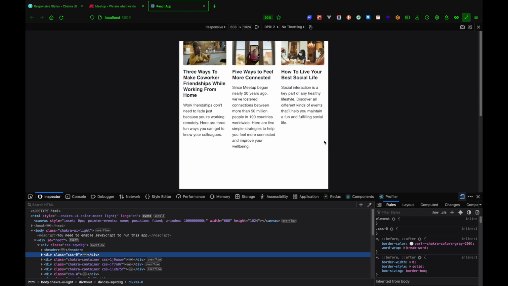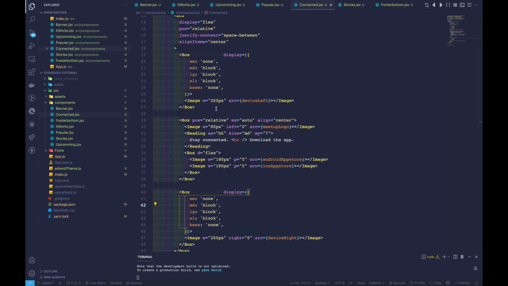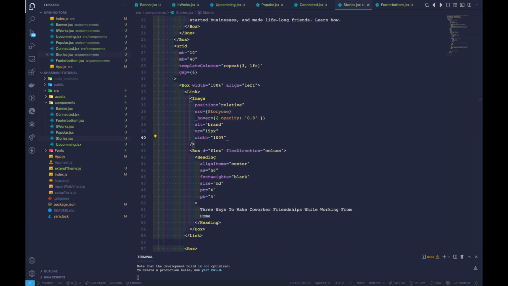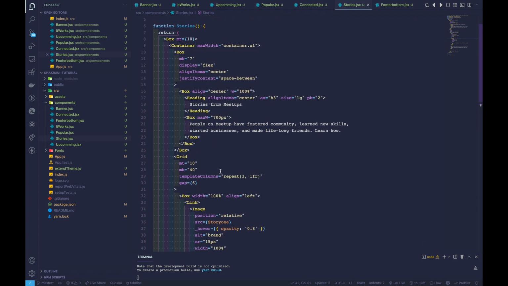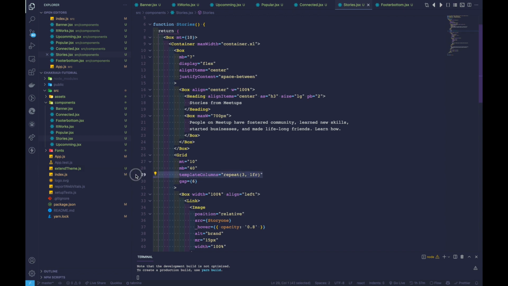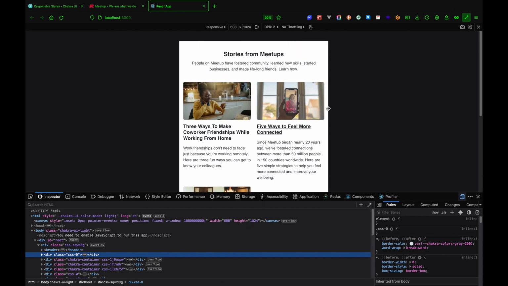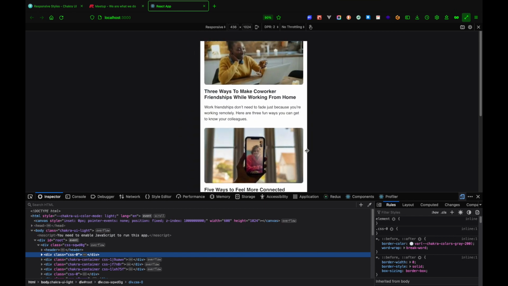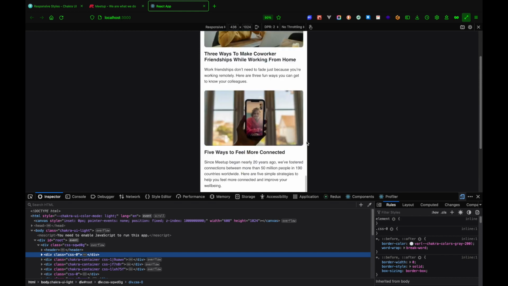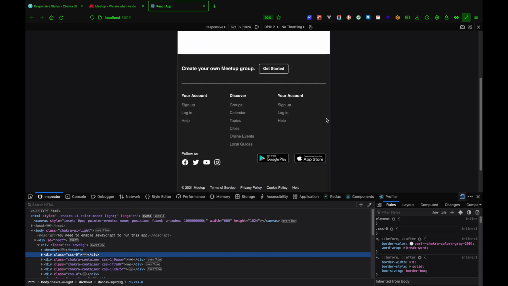So now let's move ahead to this particular section, stories of our meetup. So let's go to stories, and inside these stories we will just fiddle around with template columns here. So let's go to the template columns part, and we'll add some style props with the help of key value pairs. And as you can see, everything is stacked and working fine as expected. Now the last thing to do is this part where we have a flex of 1, flex of 1, and flex of 1. We'll just add a flex basis of 100 to each,